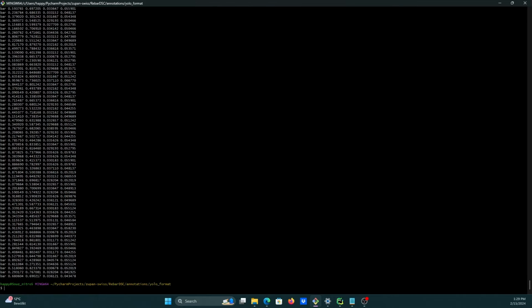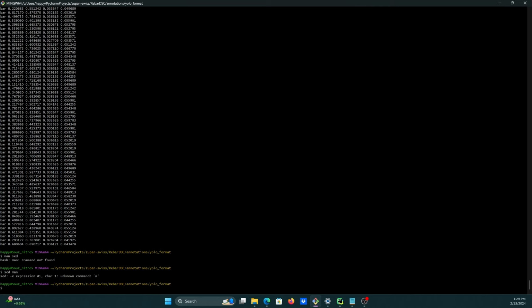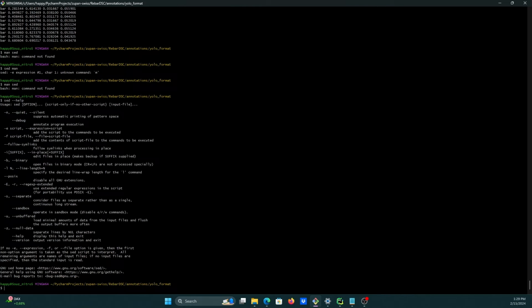What we can do is we can use sed, and we can see the manual, main sed, sed main. Okay. Is there any way to actually replace the in-place file pattern? Quiet, force, follow symlinks, suffix, in place suffix. Edit the file in place, make backup if suffix supplied. Great. So what we can do is